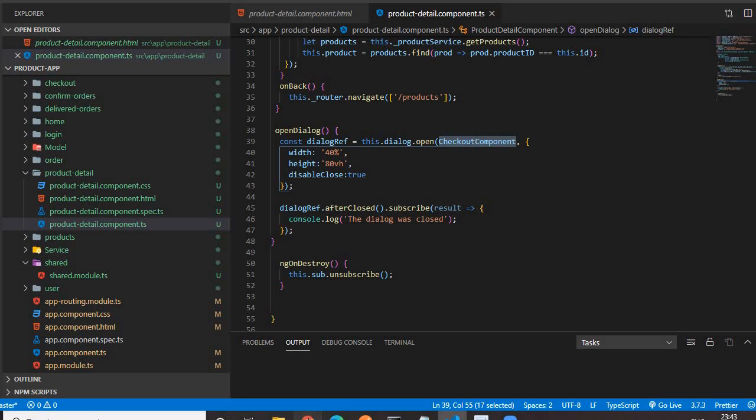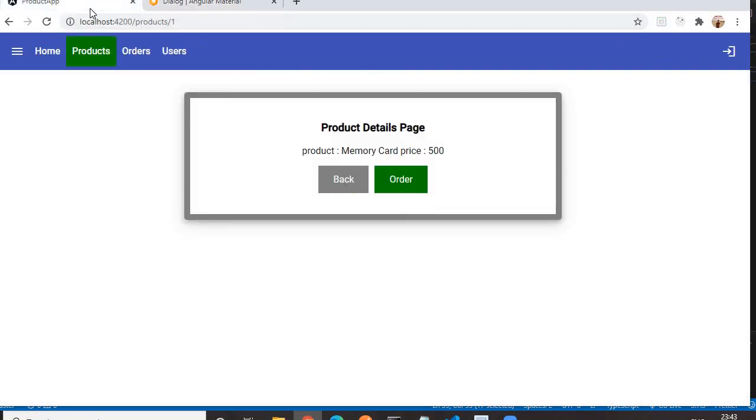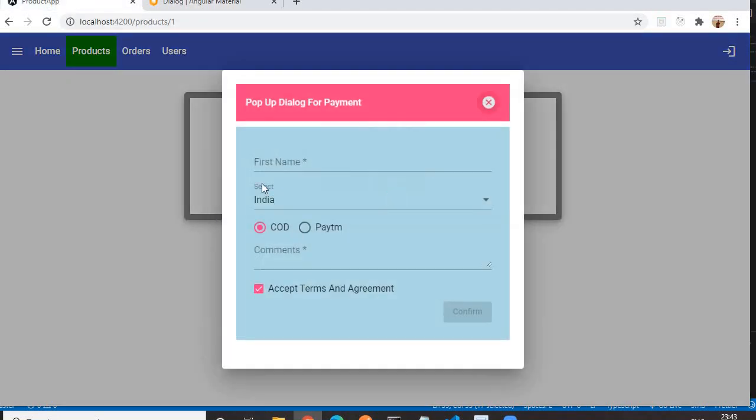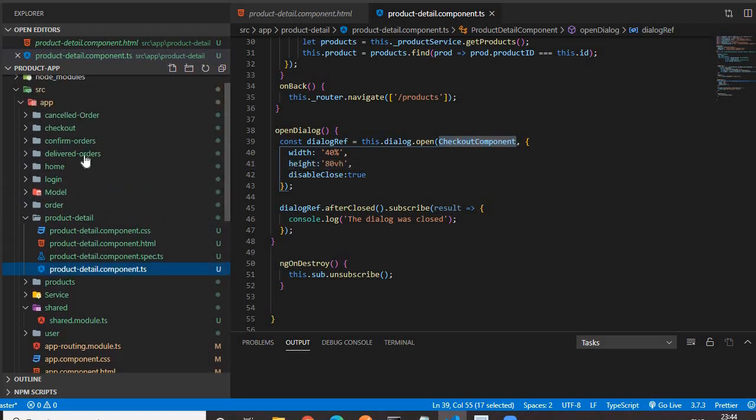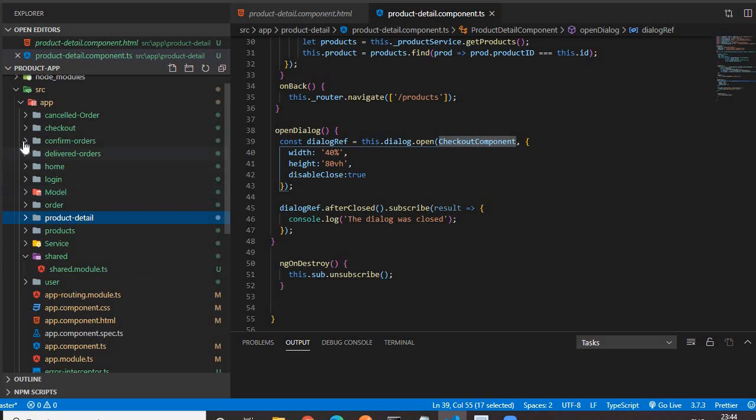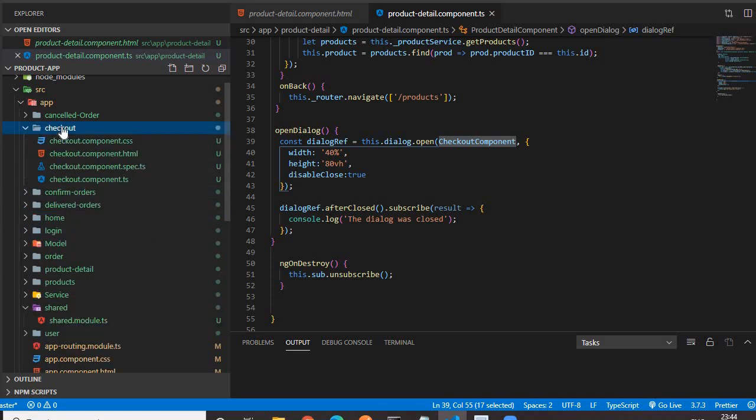If you see from the UI, I am displaying a form in this dialog window. This code I have written in the checkout component. I have created one component, the checkout component. You already know how to create a component if you have seen my previous videos. Let me open this HTML page.